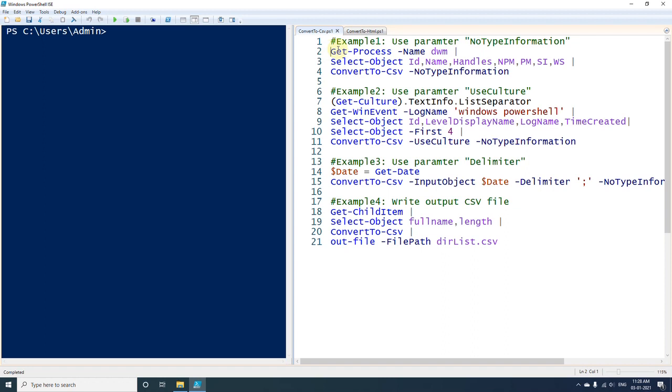Now we will try some examples on this, and we will see how ConvertTo-CSV and ConvertTo-HTML cmdlets can be used. So starting with the first example, we have used a parameter called NoTypeInformation in this example.